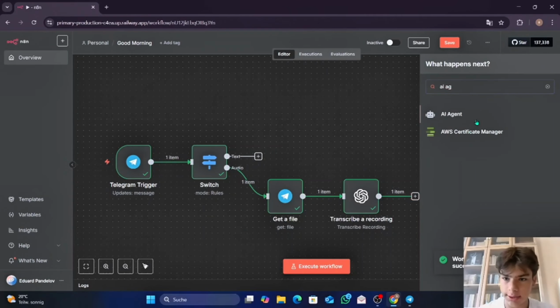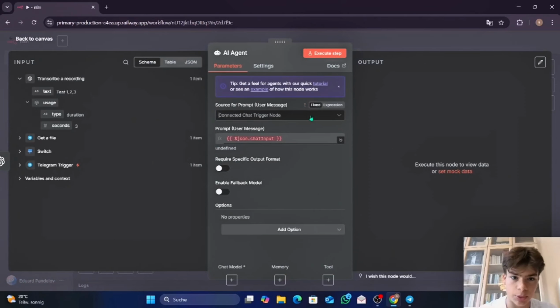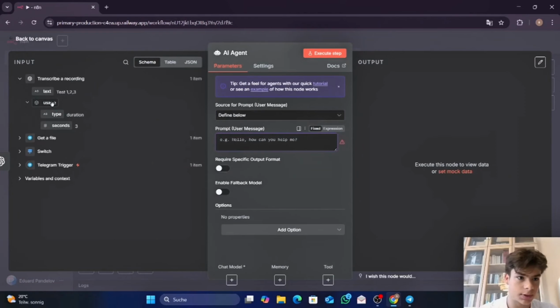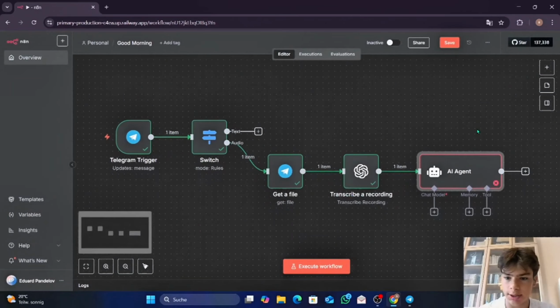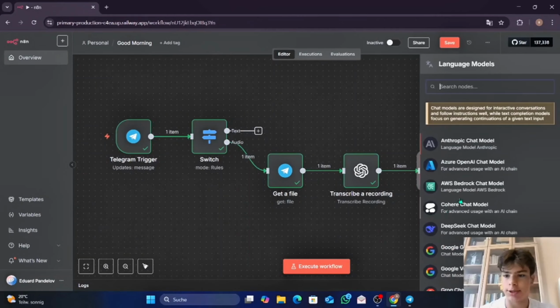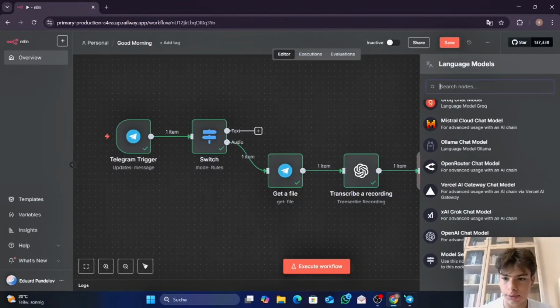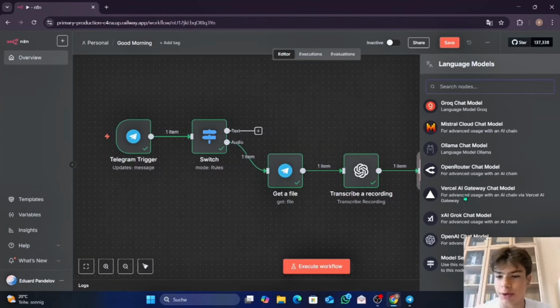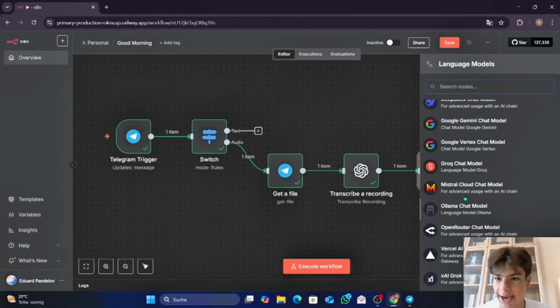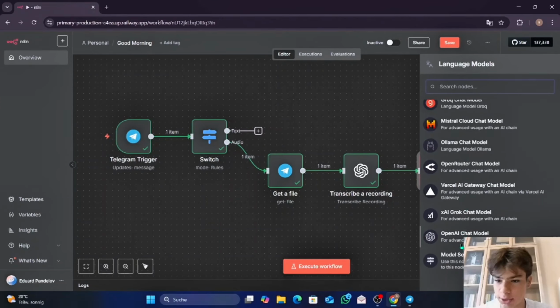AI agent. We take this. We want to define below. We take the text from the transcribed recording, and now we have our AI agent, and we want to connect it to a chat model. The chat model is, for you guys, like a brain. You can think of it like the brain of the AI agent, and we are going to use the OpenAI